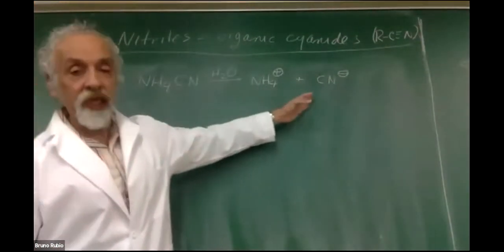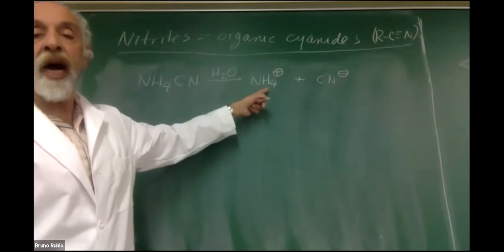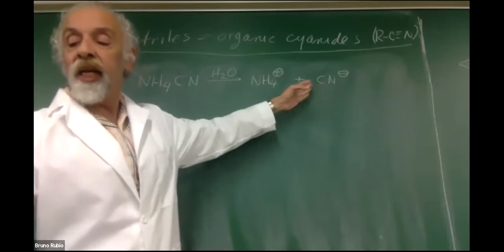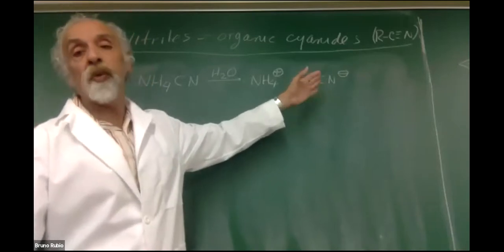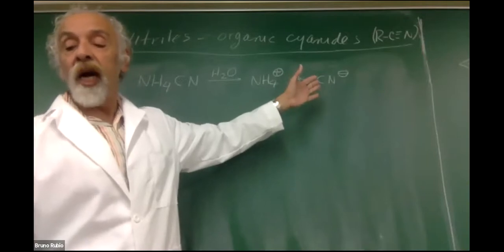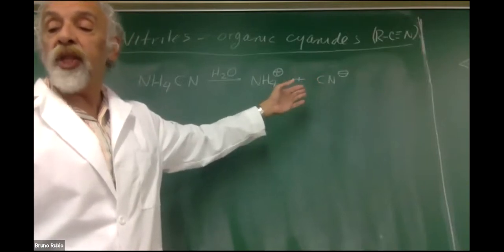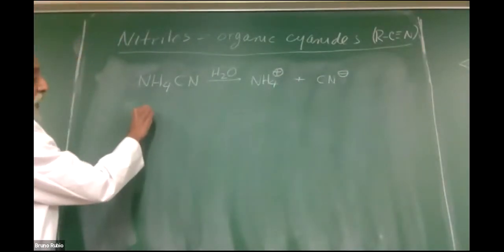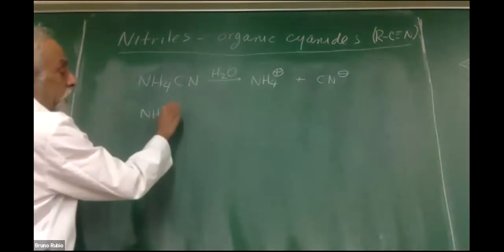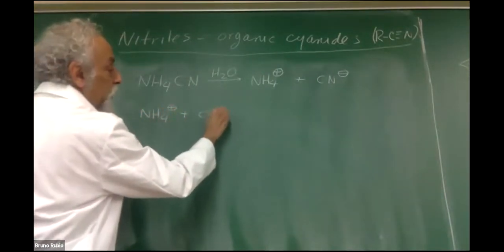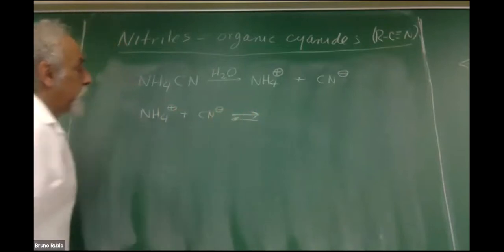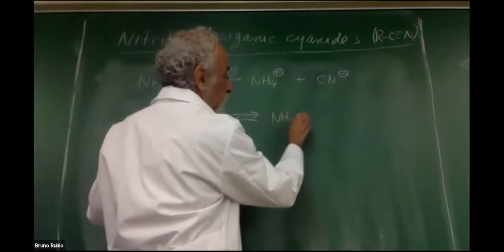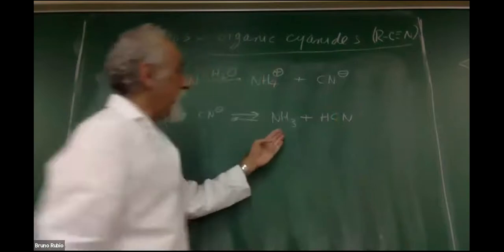However, now I'm looking at this and I see, oh, this ammonium ion can function as an acid. And this cyanide ion here can function as a base. Well, it has that negative charge, and we've known for a long time that stuff that has negative charges on it is going to function as a base. So the ammonium ion does an acid-base reaction with the cyanide ion, and the ammonium ion trades a proton to the cyanide, and what is created there is